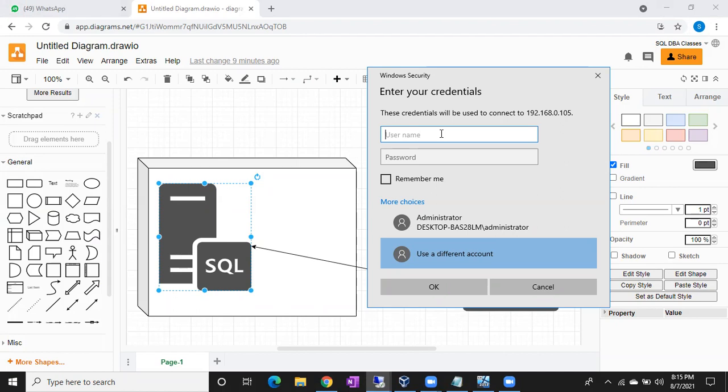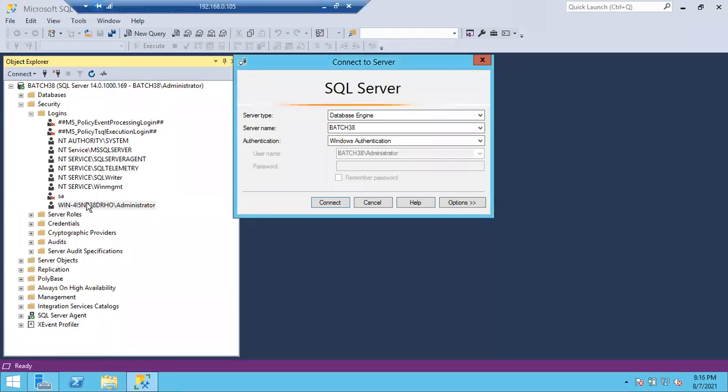As you gave the correct username and password, and again, don't think that those who can access this Windows machine can directly connect to the SQL Server. No, Windows people can also connect to the Windows machine. But again, what is the condition here? A login should be created in the logins list for you. Then only you can connect to the SQL Server.